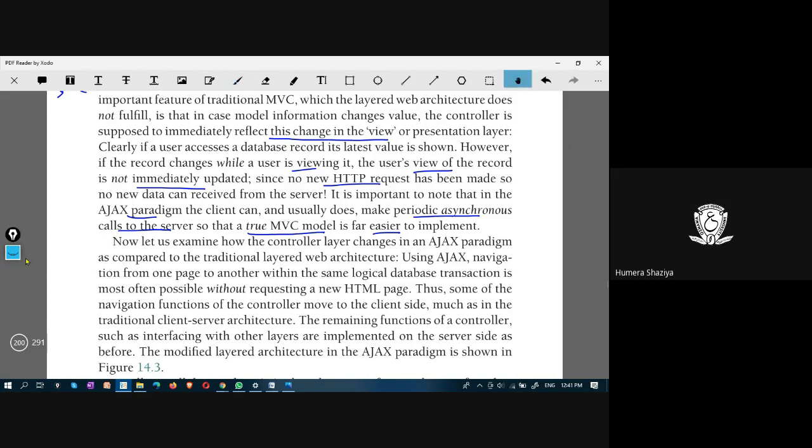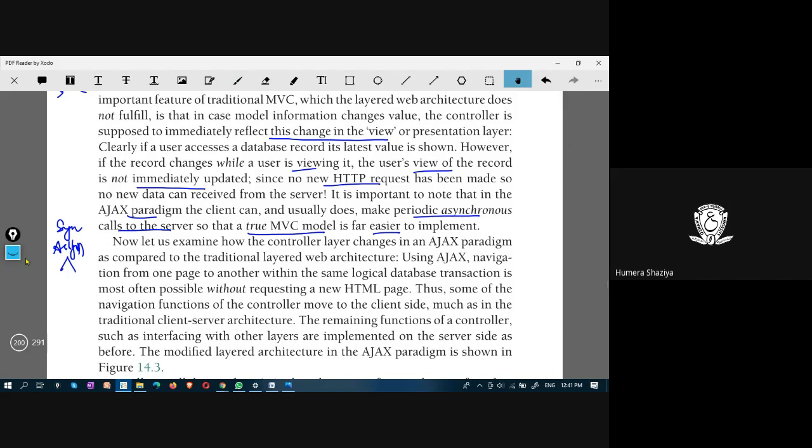What do you mean by synchronous model and asynchronous model? In an asynchronous model, even if client and server are not active at the same time, they can send and receive requests, responses, or messages. For instance, an email system is asynchronous. Now I am sending the mail to you.